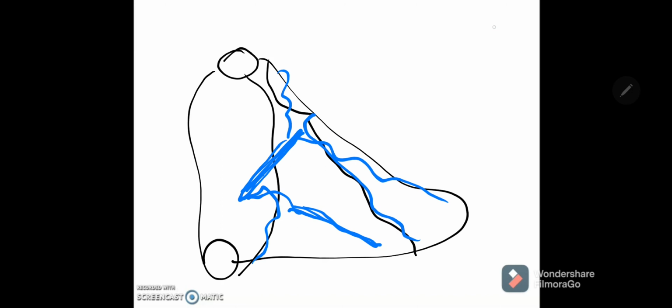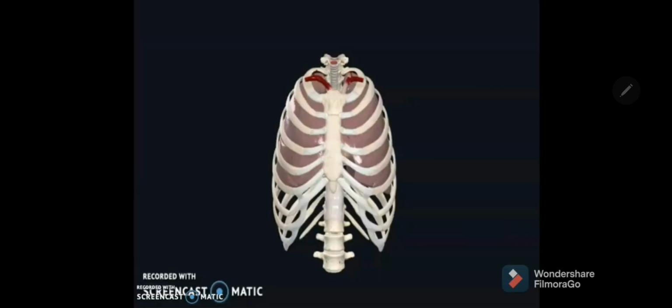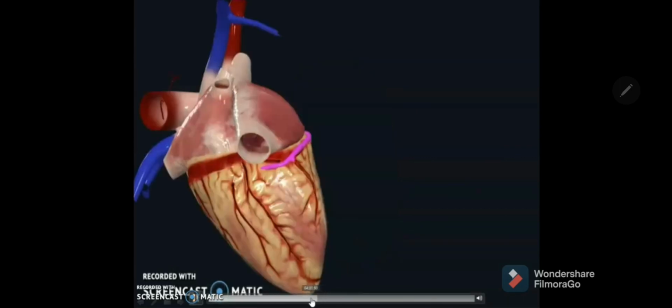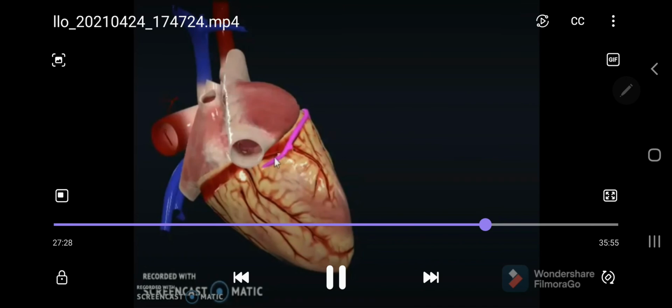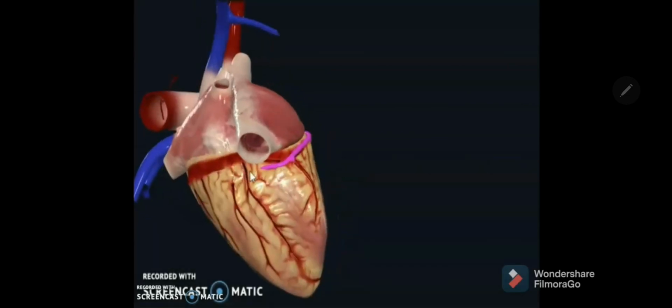So remember, coronary sinus is the largest venous channel of the heart, opening into the right atrium, has 5 tributaries, and other veins also drain the heart and open directly into right atrium. Those are vena cordis minimi, anterior cardiac veins, and here we are showing the animation. You can notice the right coronary artery going to the crux there.